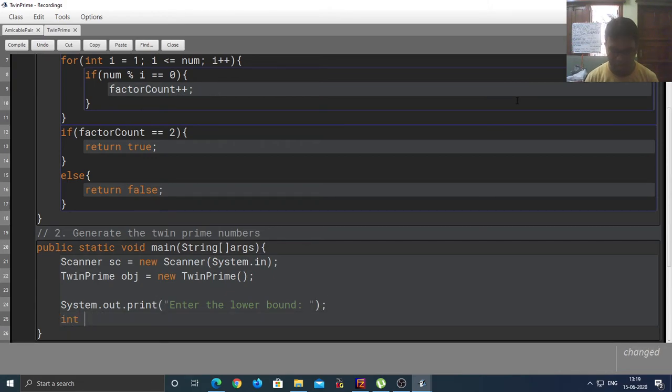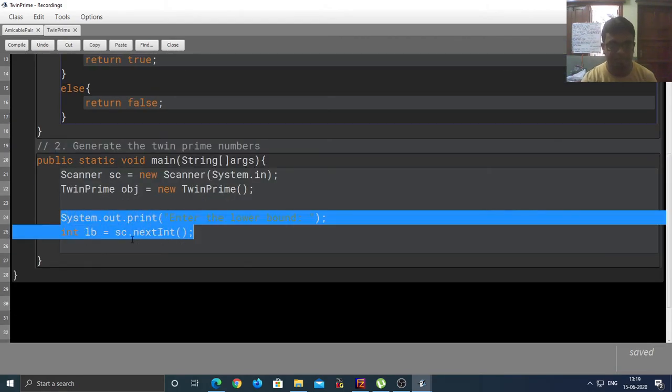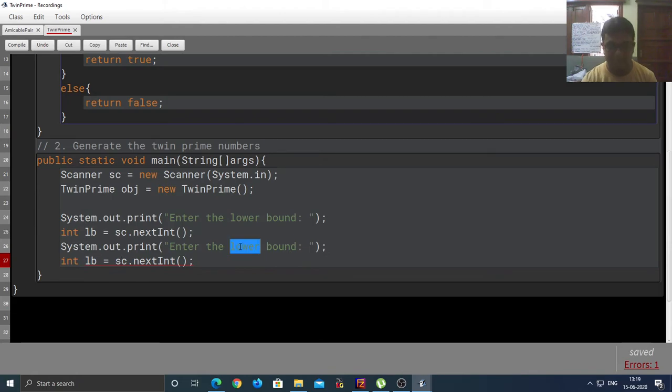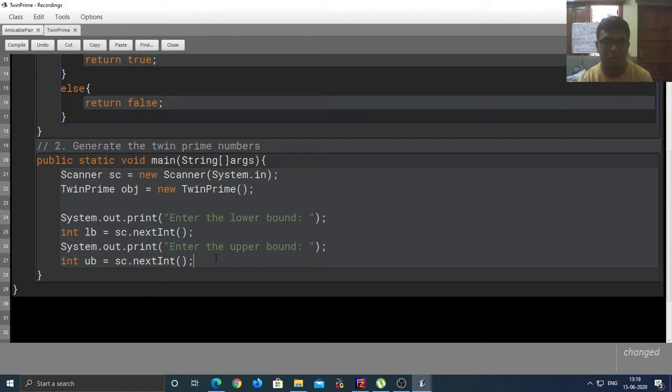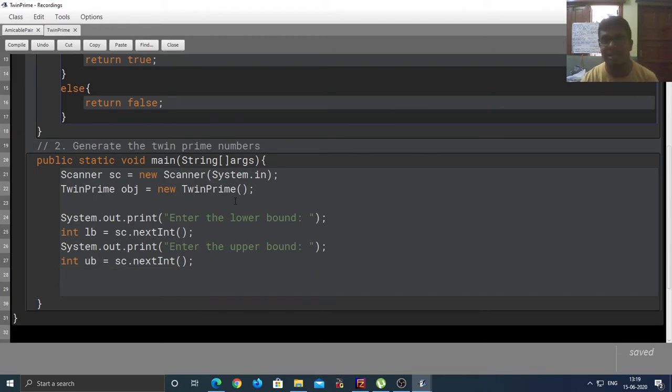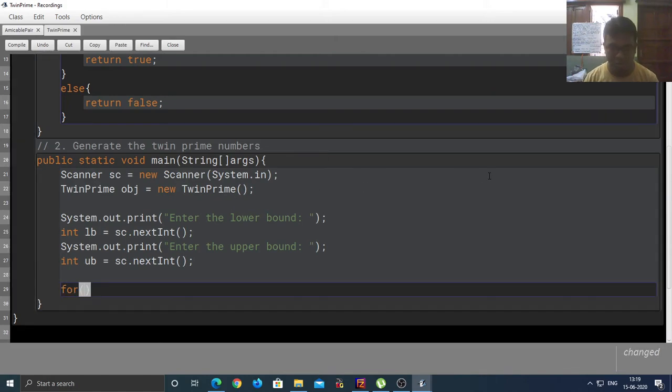int lb = sc.nextInt(); Scroll down a bit. Copy, paste, enter the upper bound. Change the name of the variable to u. All right. Now the next step was to run a loop from lb to ub minus 2, for int i